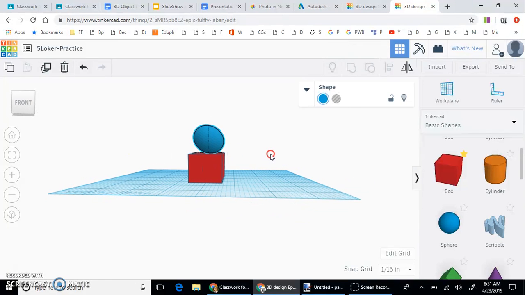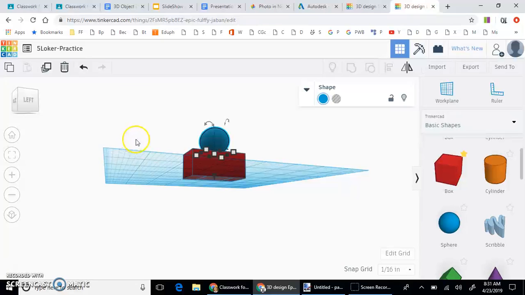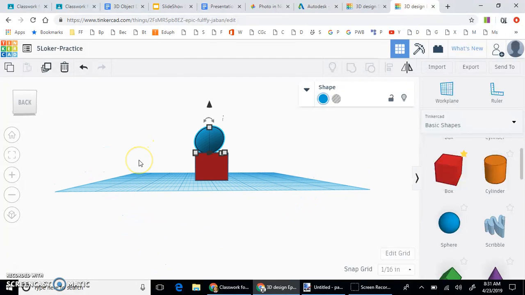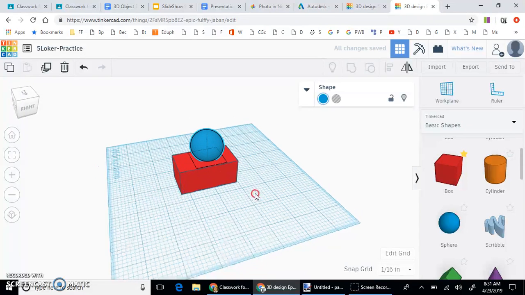Alright, so one of the things that we'll have to be very careful about is that when you get ready to send your object to the printer, you do have to make sure that there's no gaps, because if there is a gap when it prints, you'll have overhang supports and the object will break apart. Alright, so this is a very, very basic introduction just to get you to see a little bit about what the objects are